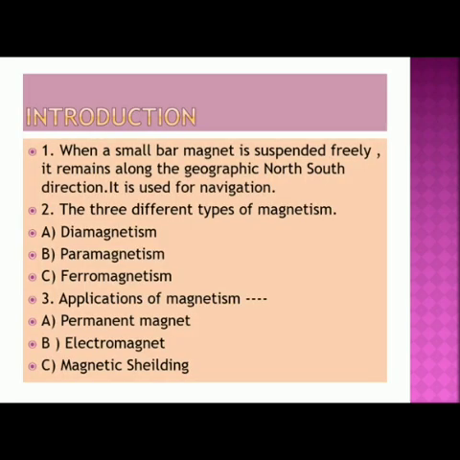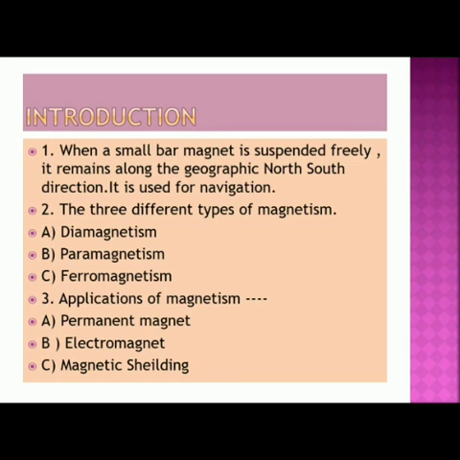Let us move on to what this chapter actually explains to us. Let me begin with the introduction of the chapter. The magnetic dipole and magnetic dipole moment due to a short bar magnet can be studied as follows. The magnetic field due to a short bar magnet at any point in its vicinity could be understood very clearly when I align a small bar magnet suspended freely. It remains along the geographic north and south directions, and this property is readily used in navigation.